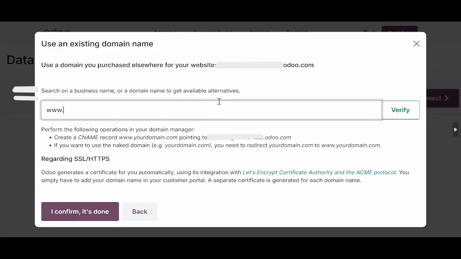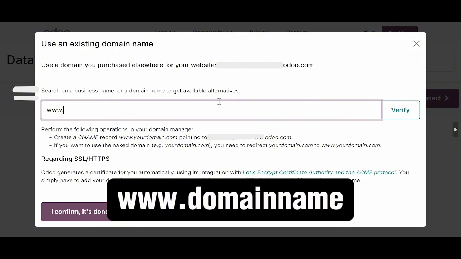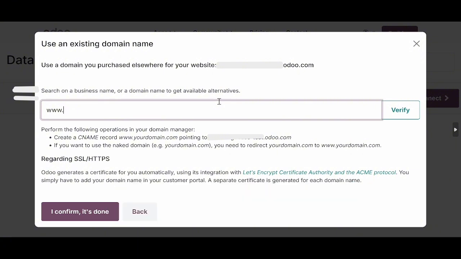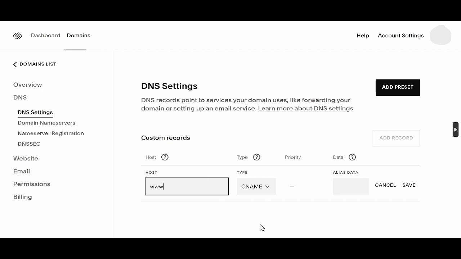In this field, type www. Then paste the domain name you just copied. Next, let's go back to Squarespace again, and on the left panel, click on DNS, click DNS settings, then click Add Record right here. Under the Custom Records section, type in www in the host field and put in CNAME